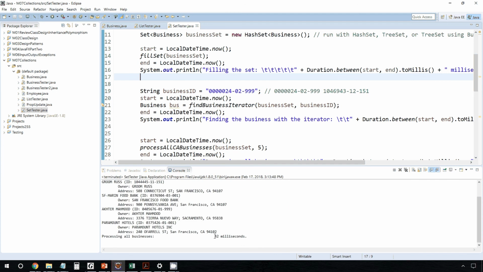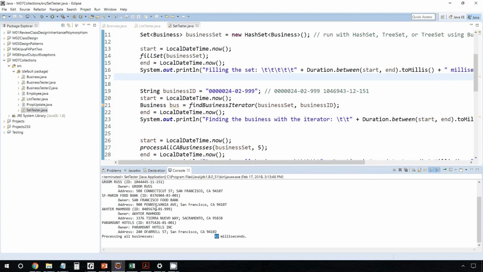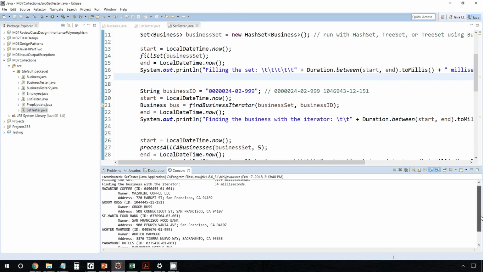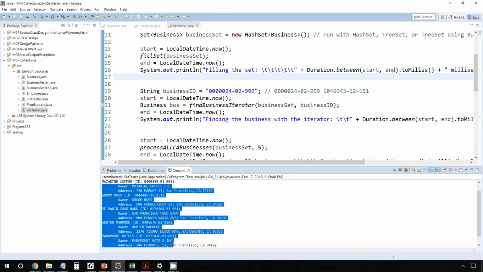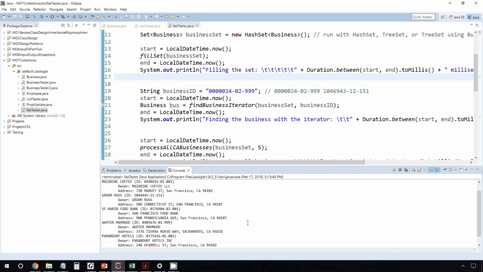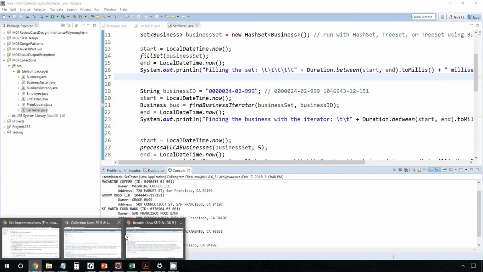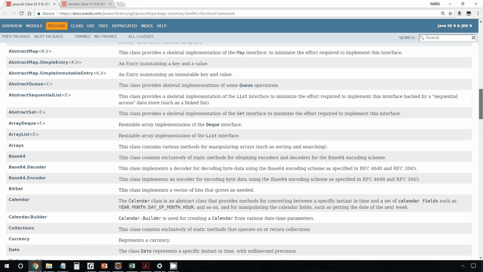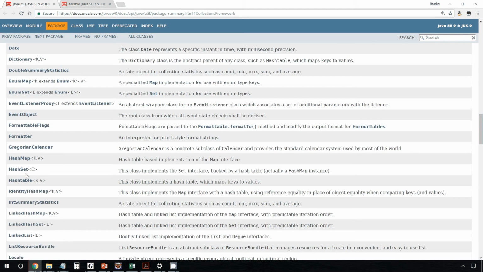So the processing took 42 seconds. That included the print, so that's comparable to what I did for the list. And you can see that there are no guarantees about the order here. I don't know what this ordering is. There's no guarantee about the order returned from the iterator. And in fact, if you take a look at the hash set API,